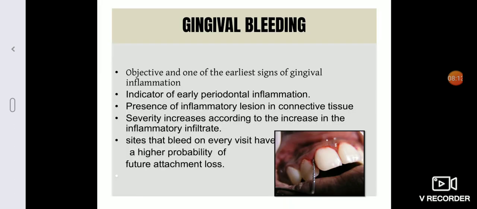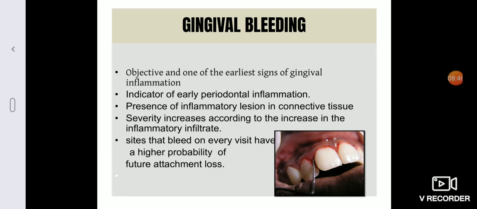So we'll look at the advances in clinical diagnosis. Under that, we're going to learn about gingival bleeding. The earliest clinical signs of gingival inflammation include changes in the color and texture. This is what you do in your first postings when we ask you to look at the patient's periodontium and examine and diagnose, and you often look for changes in the color, texture, contour, etc. of the gingival tissues.